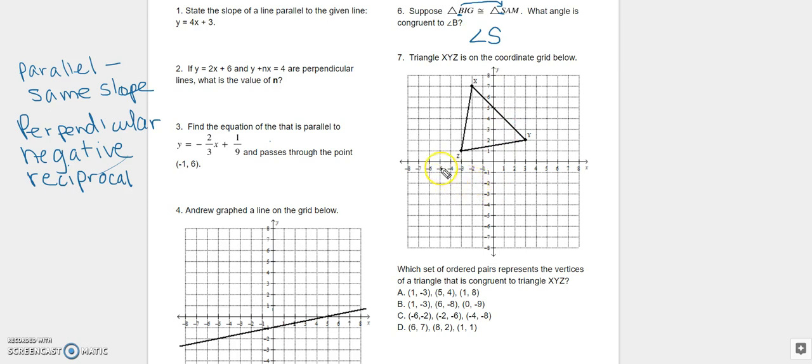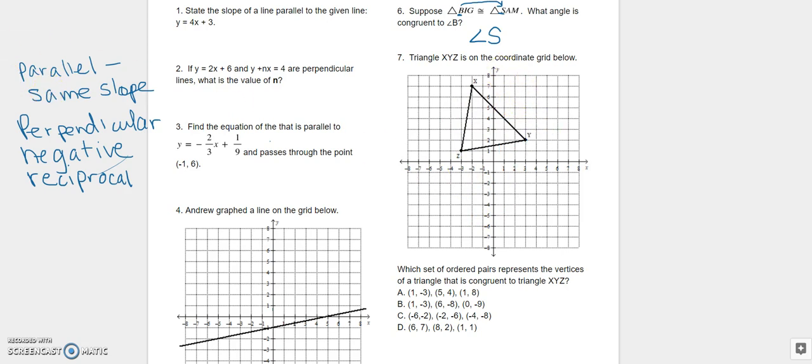Number 7, triangle XYZ is on the coordinate grid below. Which set of ordered pairs represents the vertices of the triangle that is congruent to triangle XYZ? I would probably go ahead and plot my points. 1, negative 3, 5, 4, and 1, 8. And I would see if that looks congruent to my triangle. And one of the ways that I want to verify it, and I could see that it's not, it's definitely not the same shape. So I can erase that